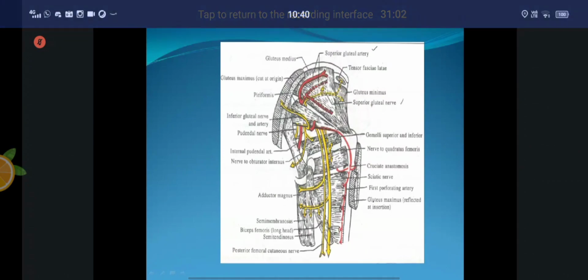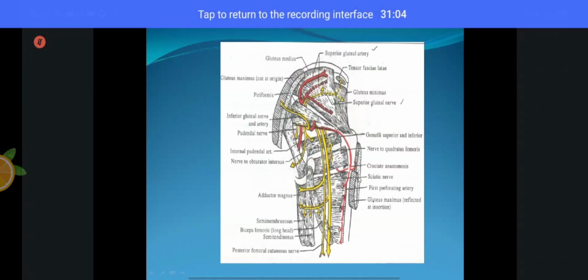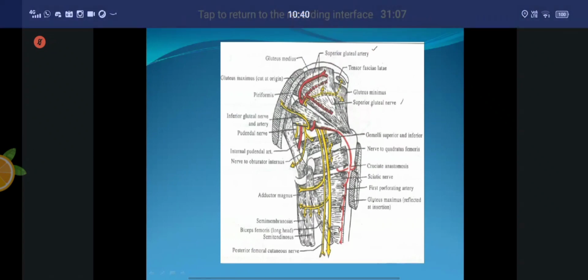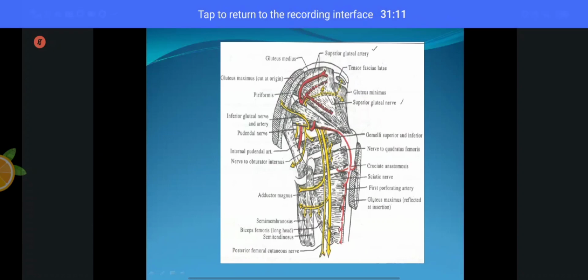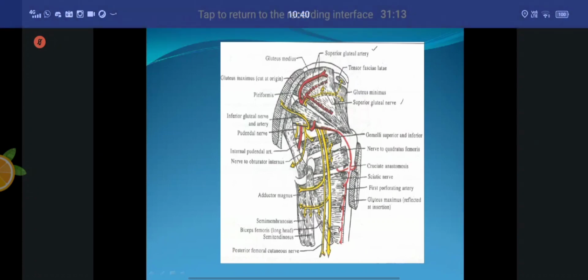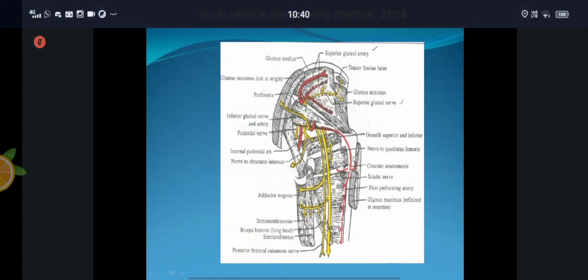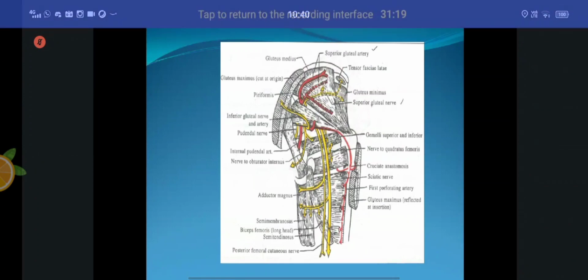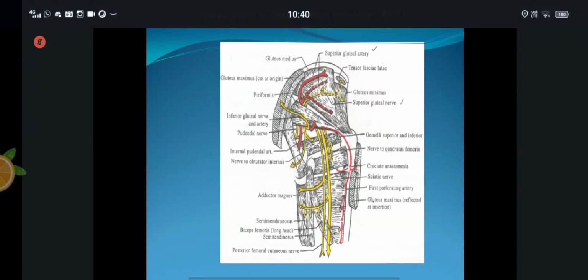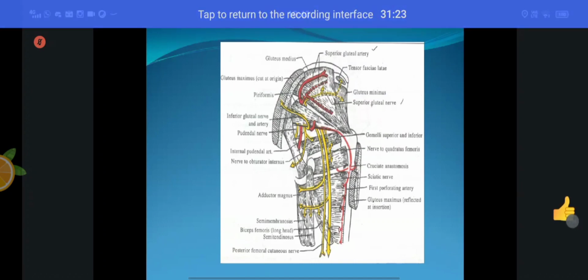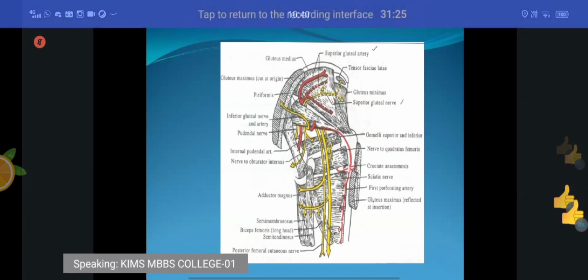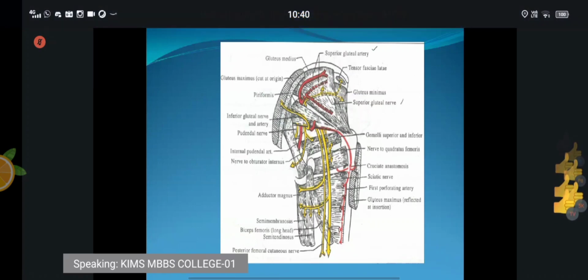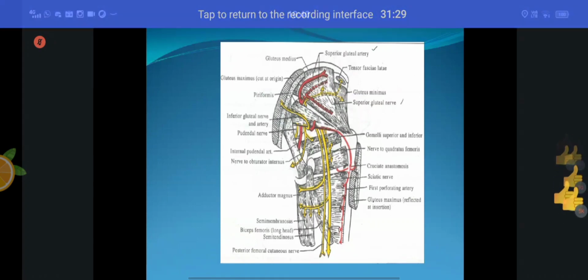So first I told you about the spinous anastomosis, which takes part near the anterior superior iliac spine. And now I have taught you about the cruciate anastomosis, which takes part near the ischial tuberosity. Have you understood this part? Once you understand this one, then I will go to the another anastomosis, that is the trochanteric anastomosis. So where is this trochanteric anastomosis taking part?